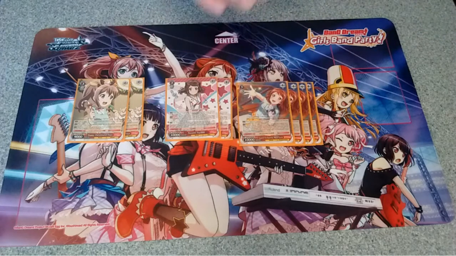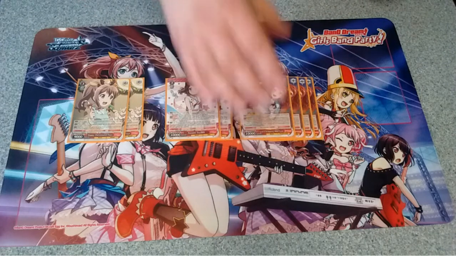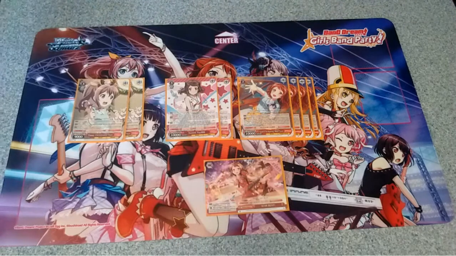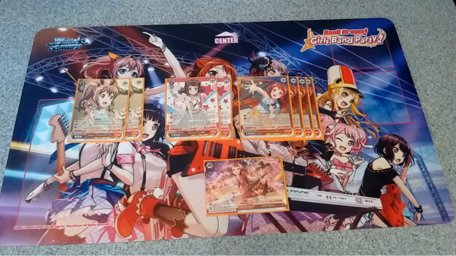Lastly is 4 copies of this new Kasumi from the second set. Sound of the Beginning Kasumi is a 3/2, 10k, 2 soul. First off, on play, heal 1. So if you summon her off of this level 3 Kasumi here, you can heal 1. Really cool. Her climax combo is also with Starbeat, so you get both of those. There's synergy. When this attacks, if you have Starbeat, you can pay the cost, which is 2 stock and discarding a red card. If you do, this card gets 3000 power,